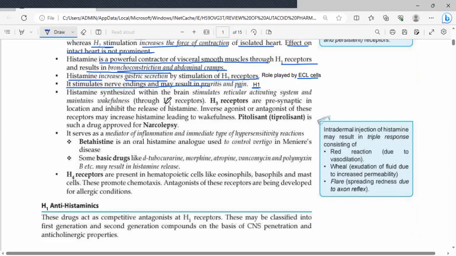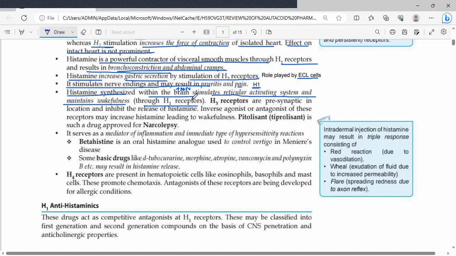Pruritus is like itching. Now, histamine is synthesized within the brain. Which part of the brain, to be specific? The TMN nucleus, the tuberomammillary nucleus, found in the posterior hypothalamus, to be specific, the tuber cinereum. Okay, and histamine usually stimulates the reticular activating system and maintains wakefulness, mainly through the H1 receptors. So you can tell, if I block the H1, I will induce a state of